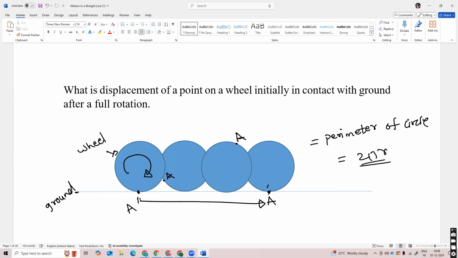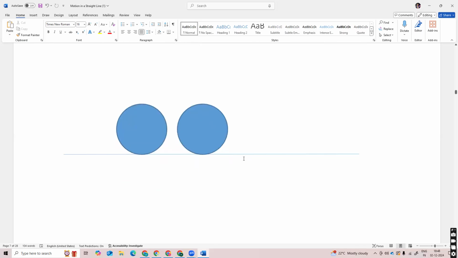So in this case, the displacement can be given as 2 pi r. Whereas if the wheel makes a half turn, let's say point A was here in touch, and the wheel makes a half turn, so point A has moved to this top point. And now if they ask the displacement of point A, in this case the displacement is